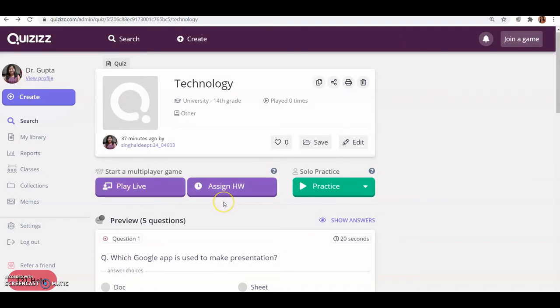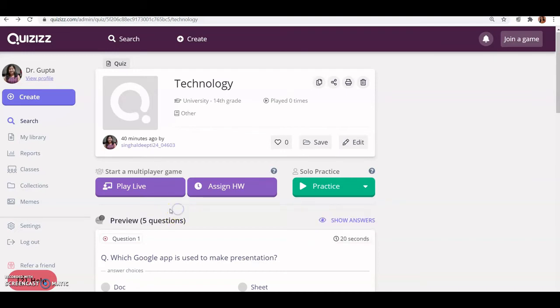If you want your students to play this quiz later, you can assign it as homework. And if you want to practice the quiz yourself, you can go to solo practice and play it yourself so that you can view how the quiz looks.